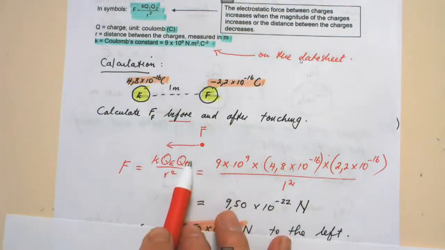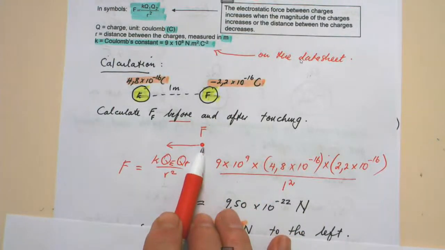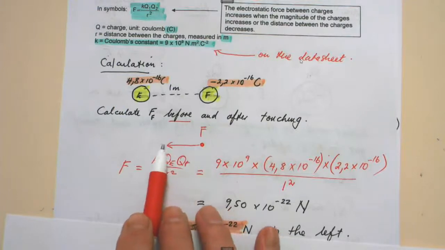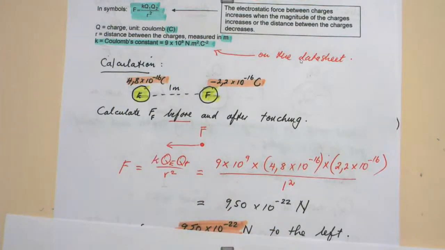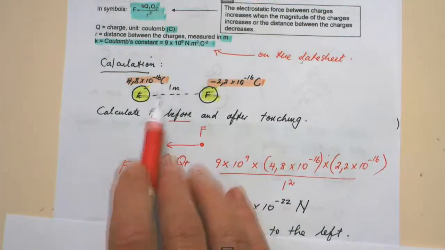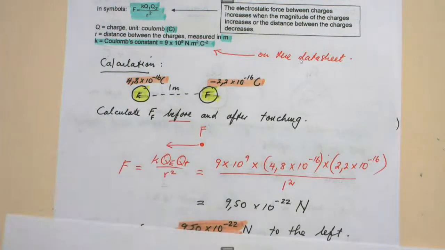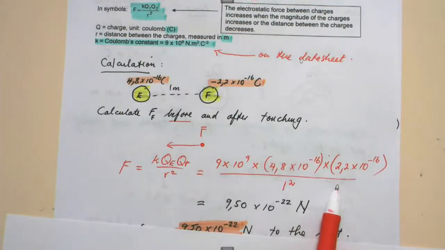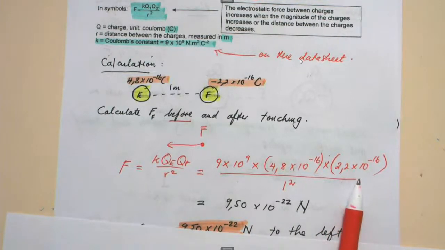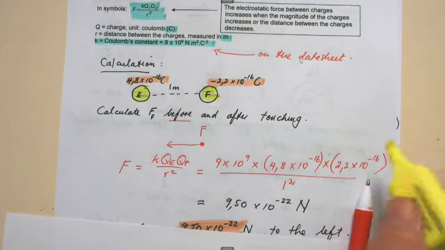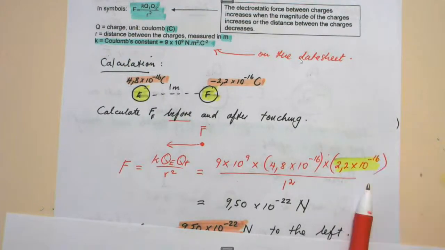So if I draw the free body diagram on F, it will be a force to the left. The force on E will be a force to the right, because they will attract one another. Easy calculation. I've got my formula. I substitute. Now here is the important thing, when we substitute here, you will see